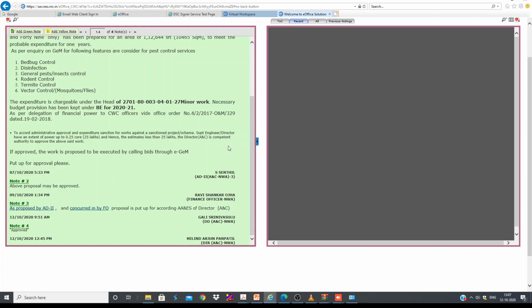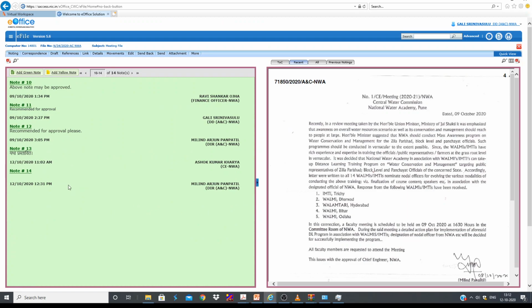Internet Explorer is a little clumsy. Yeah, now you can see. Now I want to forward this file back to the dealing hand. Of course, the file was already put up earlier. Now I am just forwarding it back. So you can simply,